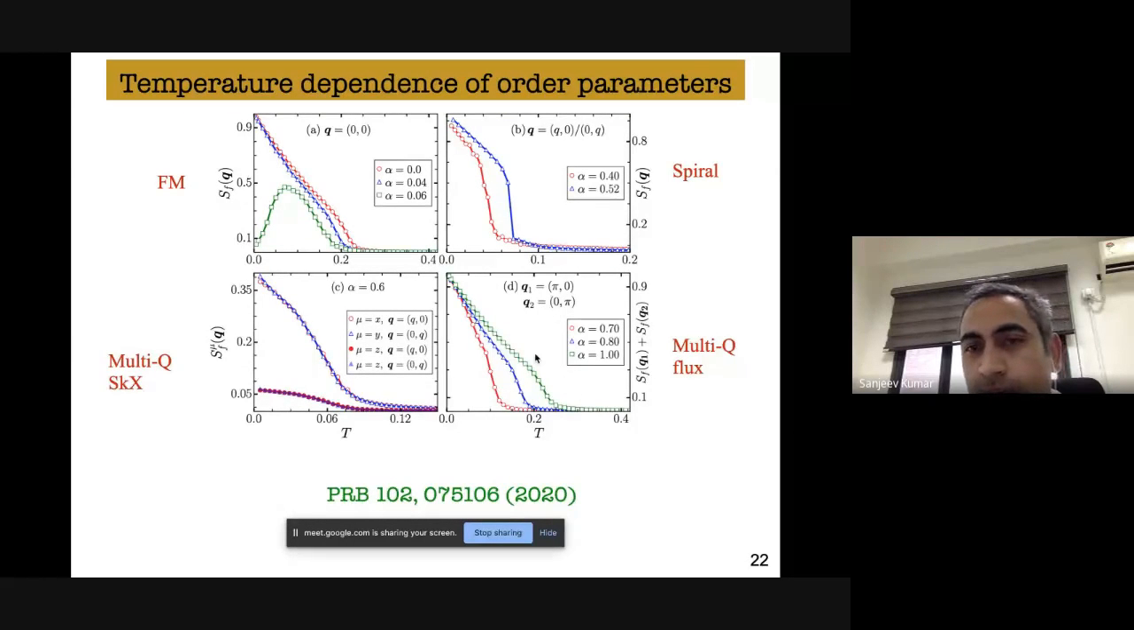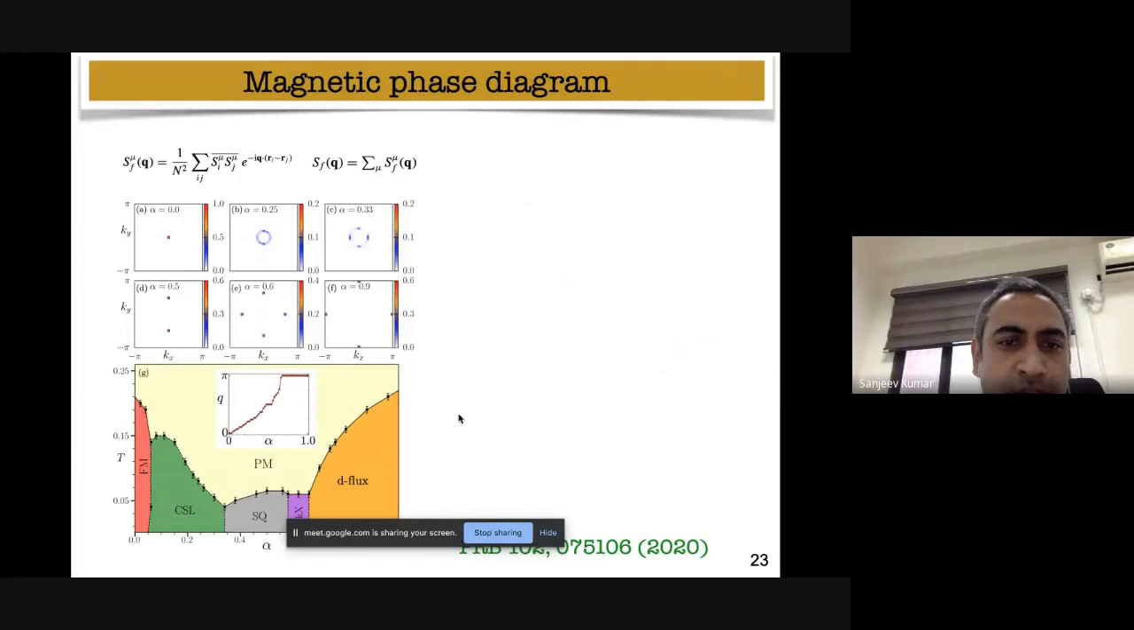So here you have simultaneous peaks at (0, π) and (π, 0). These are various interesting structure factors that come out from the Hamiltonian simulation. And now I can just present a phase diagram briefly here, where alpha measures the strength of Rashba